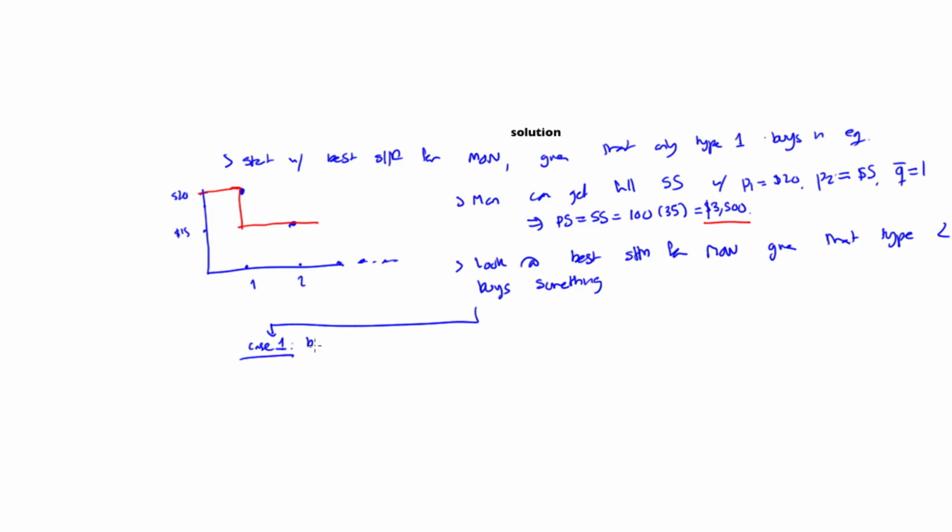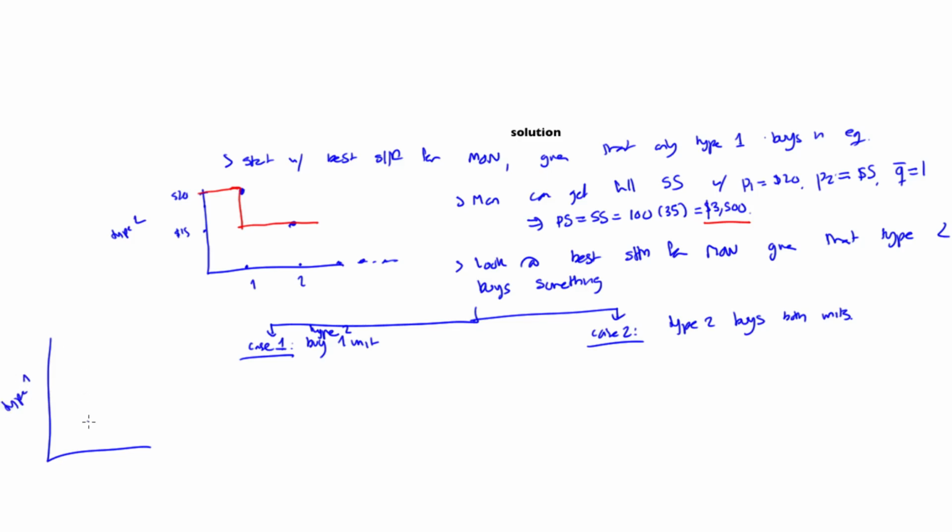the other person, type 2, just buys 1 unit. And in the other case, type 2 buys both units. Now, let's see what happens in the best solution for the monopolist in which the other consumer only buys 1 unit. And to remind you, this was type 2. The benefits for type 2 were 10 and 5, and then 0, 0, 0,